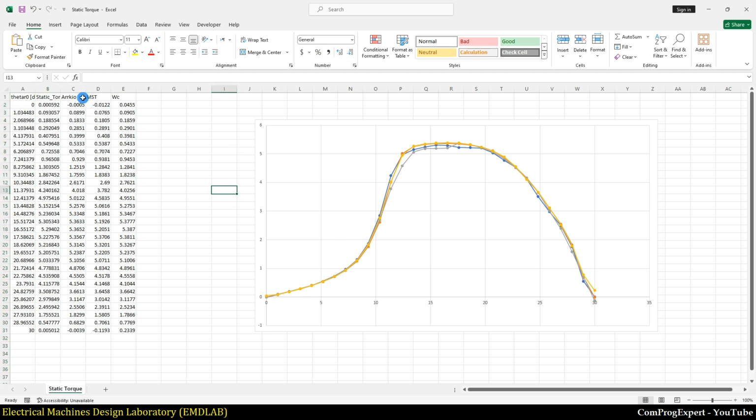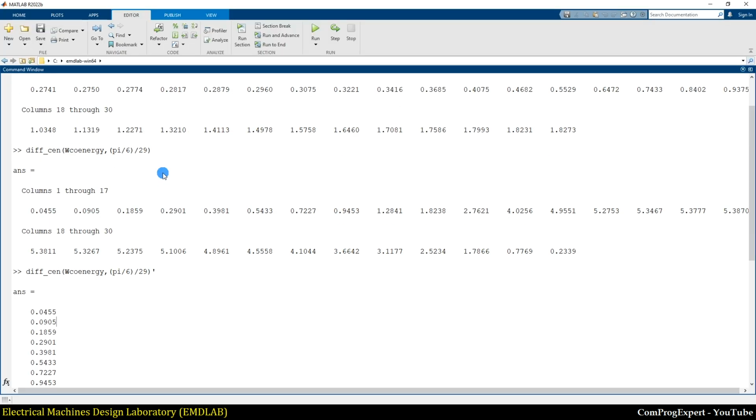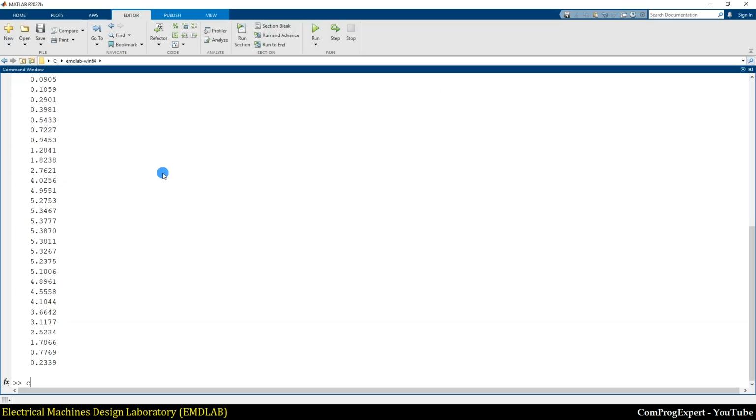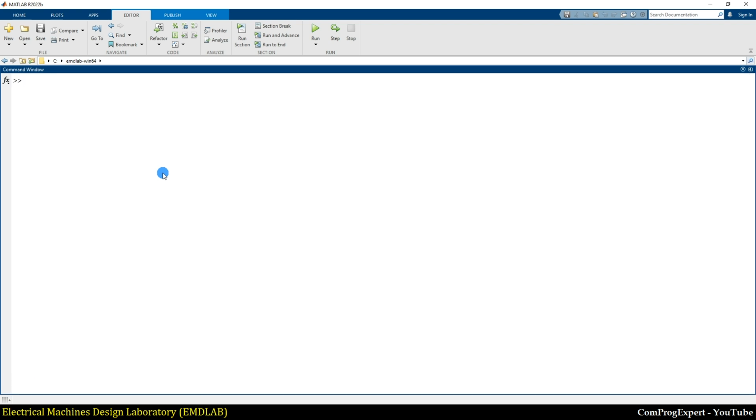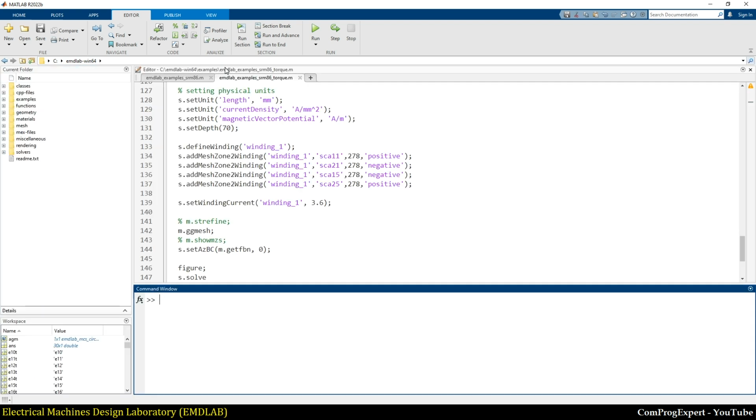The Maxwell stress tensor method is sensitive, right? Is sensitive, and the RQ method and the co-energy method are better. Anyway, so you can repeat this code, this simulation, and let's continue